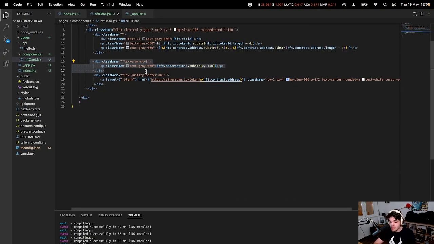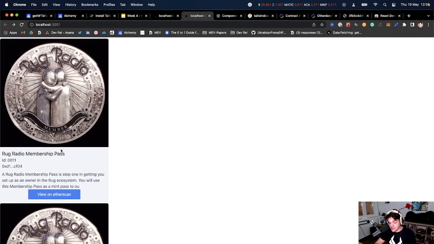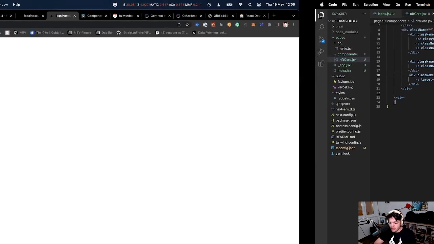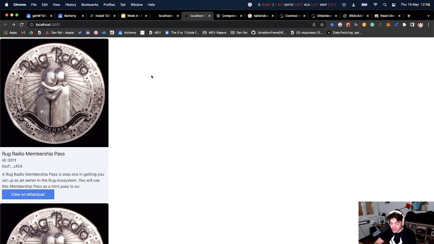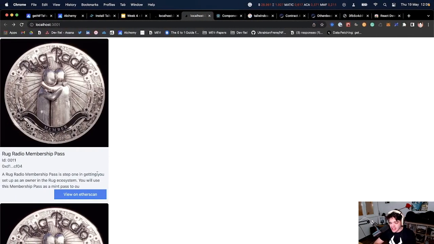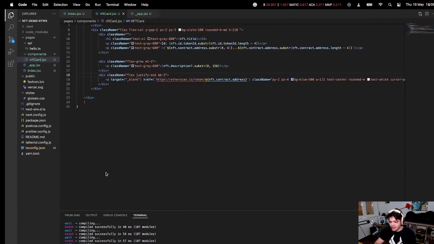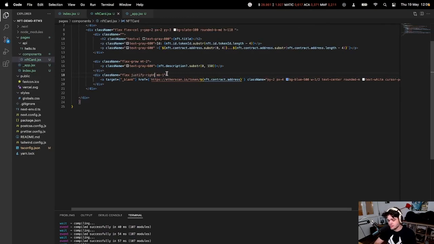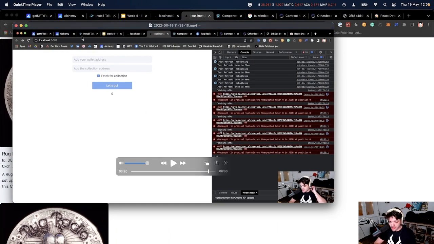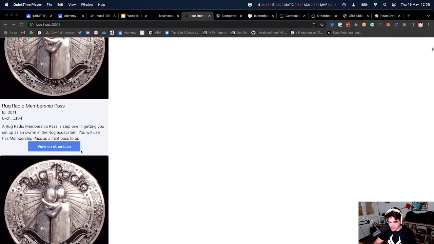Last but not least, we're justifying our button to the center because we want it to display to the center. If we remove justify center, this will display to the left. And if we re-add it back, this will display back to the center. We can actually also justify right if we want to display it on the right. Oh, it's not justify right. Actually, I think it's justify end. So we do want to display it to the end with some margin bottom because we don't want it to be completely attached to the bottom of our, oh my god, what am I clicking, to the bottom of our